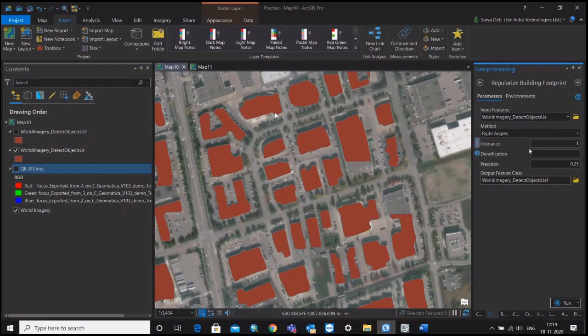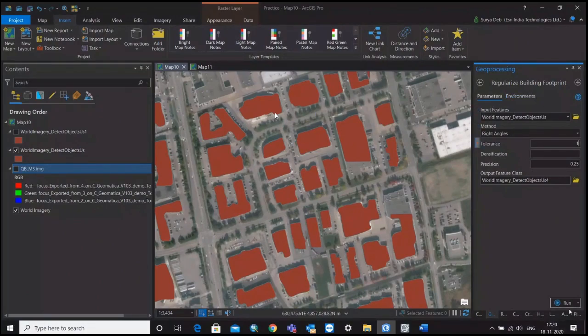Okay, so I am not getting a good result because I have to do some R&D to check how we make these building shapes smoother and more accurate. But this is actually quite good information. This much information is also good to create a 3D city model, but to get a good shape, we require regularized building footprints.